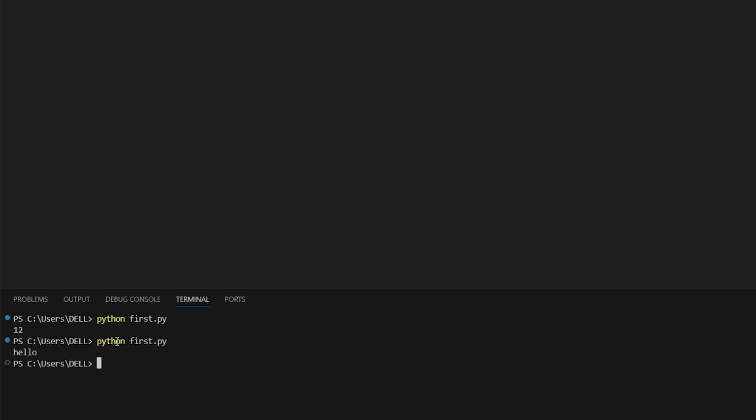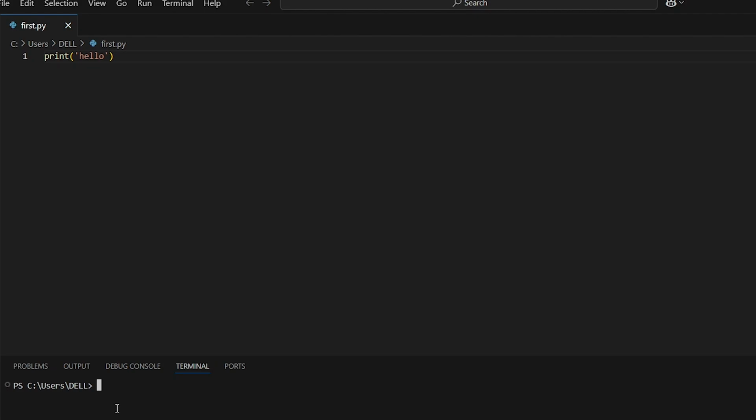If I want to go back to the previous command in the terminal, I can use my arrow key. I can use the up arrow and then hit enter. It is going to run the program again. And if the terminal starts getting messy with a lot of commands there, you can simply wipe them away by using clear and hit enter. It is going to wipe away those commands in your terminal.